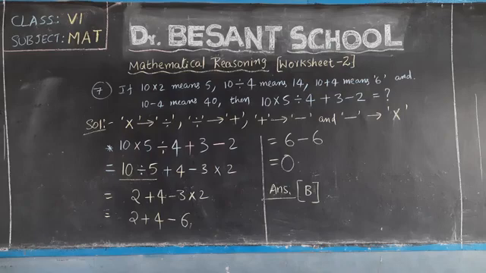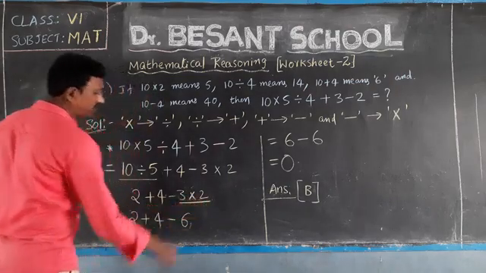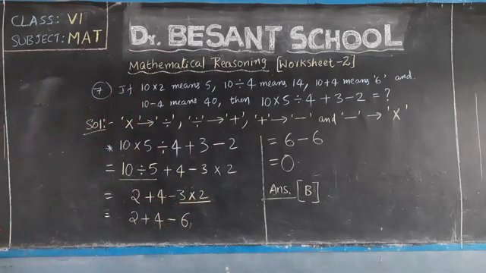So division is to be done first. We all know 10 divided by 5 is equal to 2. So I have written 2 there. Remaining you can write as it is. Then here you have addition, subtraction and multiplication. So multiplication needs to be done first. 3 twos are how much? 6. So ultimately you obtain 2 plus 4 minus 6. And then addition and subtraction are there. So we perform addition first. 2 plus 4 is 6. 6 minus 6 is 0. Okay. So when checking our options, it comes under option B.